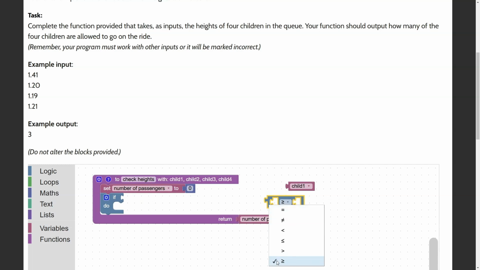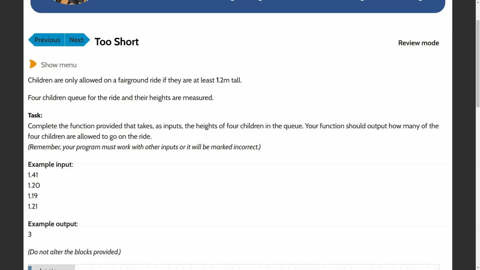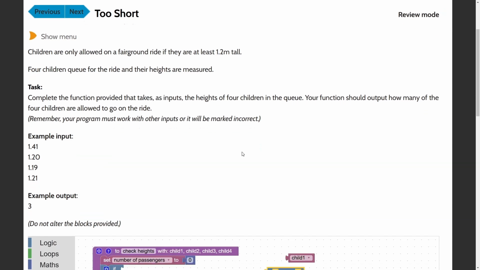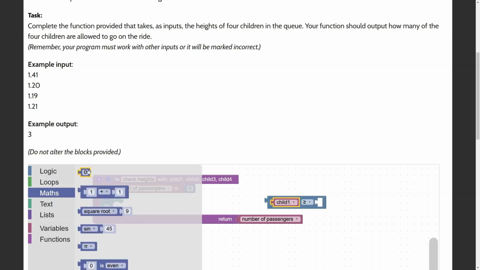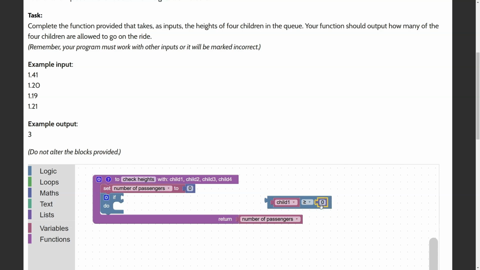It's important that we choose greater than or equal to, not greater than, because they said at least 1.2, so 1.2 is actually allowed. So if child 1 is greater than or equal to, numbers are in maths, 1.2,